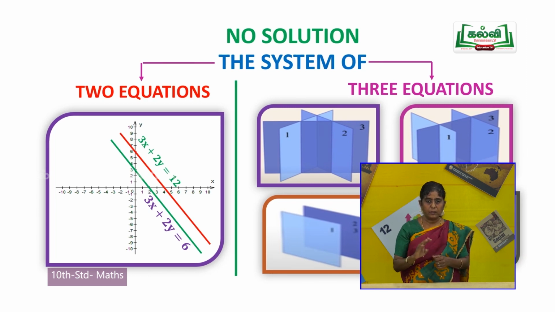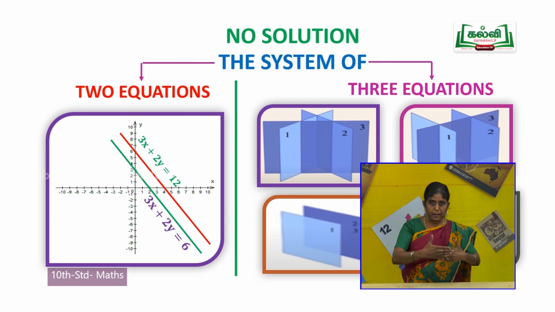Then let us see the three equations, which have three planes, the same diagram which I showed previously. The three planes won't all intersect, so there is no point of intersection. Again, the first plane and the second plane are parallel, intersecting the third one. In another case, planes 2 and 3 lie on one another and the first plane is parallel. In that case also, no point of intersection. And see the fourth one, all those three planes are parallel to each other.